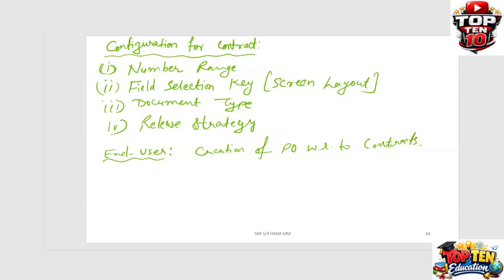Plant is required. Item category is optional. Storage location we can make required. Material group optional. Manufacturer part number is displayed like this. We can maintain a number of data. To save this information,